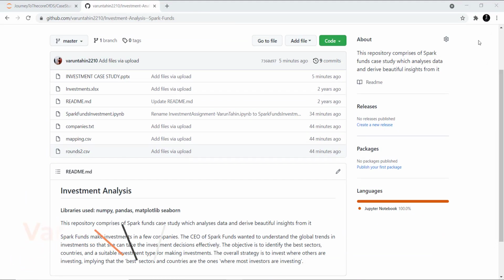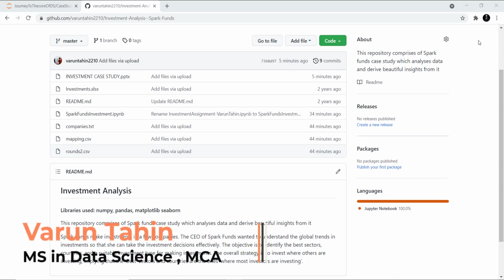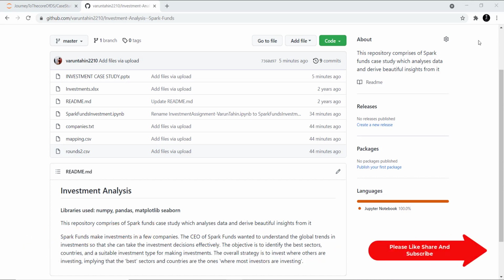This is Varun. So previous sessions covered all you need to know, including the Python libraries required to start the basic analysis on any dataset. So if you haven't gone through those videos, I would recommend you to please go through them before starting this session. So now that we have learned the basics of how analysis is done, we will look into one case study wherein the dataset has been given to us and we need to meet the objective using exploratory data analysis and